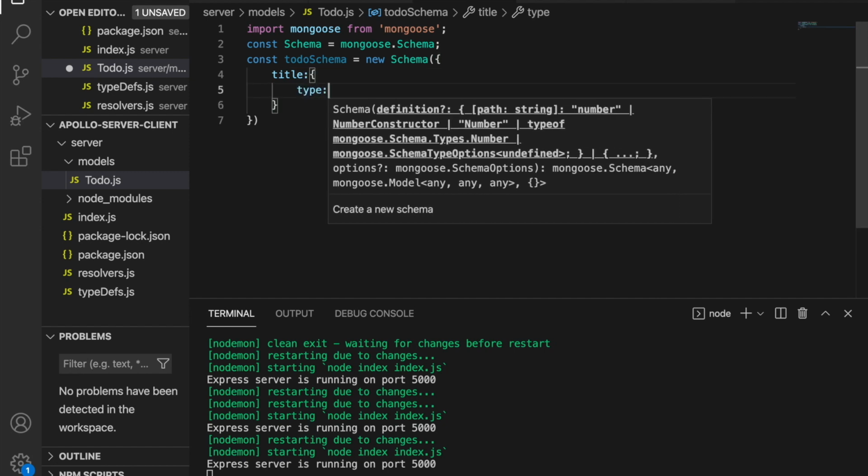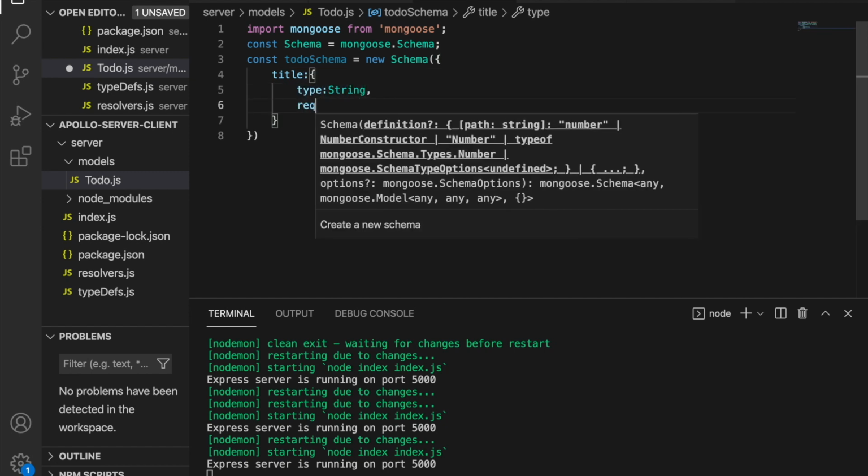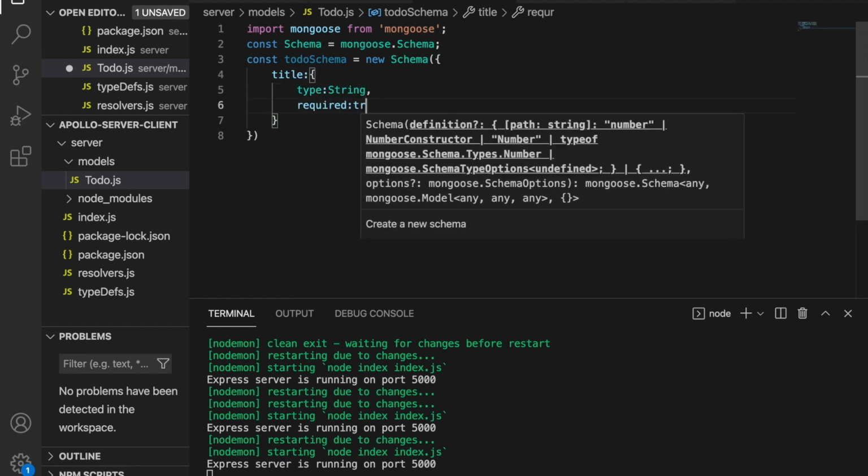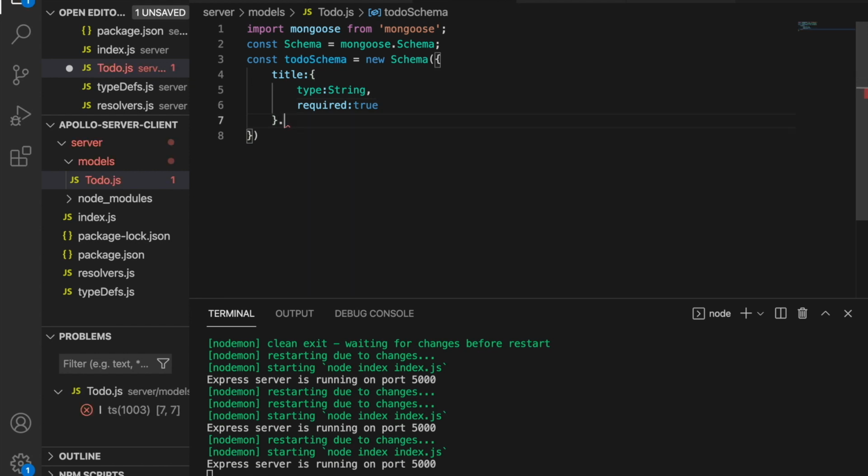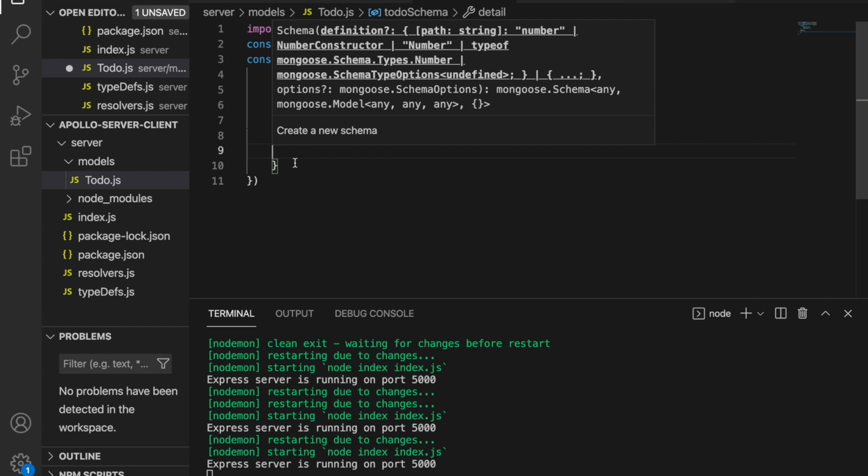The type is String, and required is true, and then we have the detail, and the detail is String, so